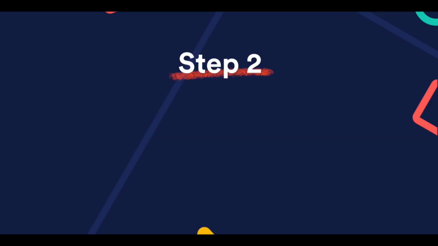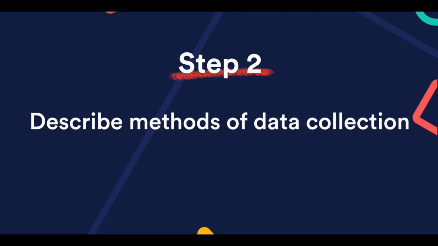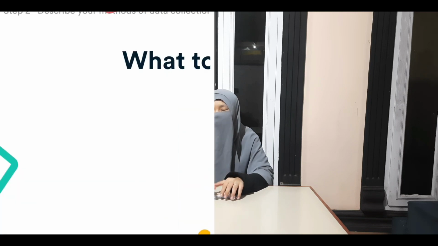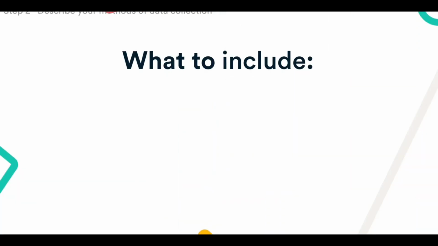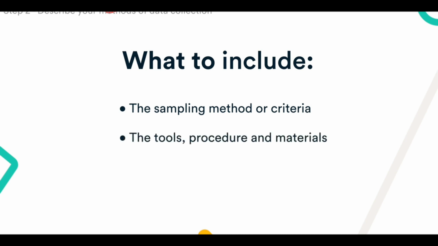Step 2. Describe your methods of data collection. Now, you've introduced your overall approach. You can move on to giving full details of the research method you used. Here's an idea of what you should include in general: the sampling method or criteria you used to select participants or sources, the tools, procedures, and materials you used to gather data,